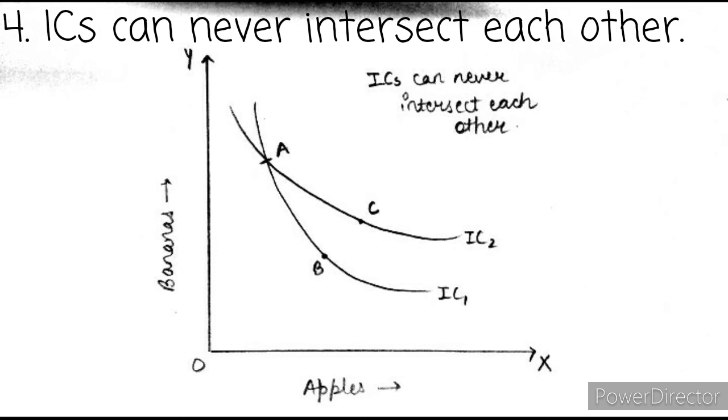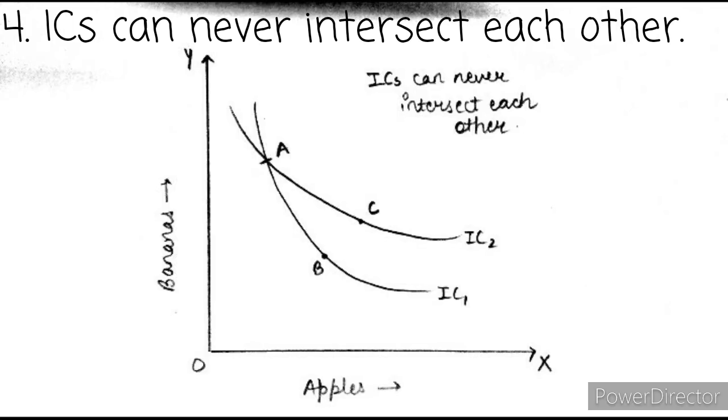So being a rational consumer, because of monotonic preferences, you are going to choose bundle C. A and C both are on the same IC, that is IC2. That means they both provide the same level of satisfaction. So if you're choosing bundle C, then you're choosing bundle A also, because you're indifferent between the two. And with the same logic, IC1 has two bundles, A and B. So if you're choosing bundle A, then you can choose bundle B also, because these two bundles are also on the same IC, that is, the consumer will be indifferent between these two bundles also.